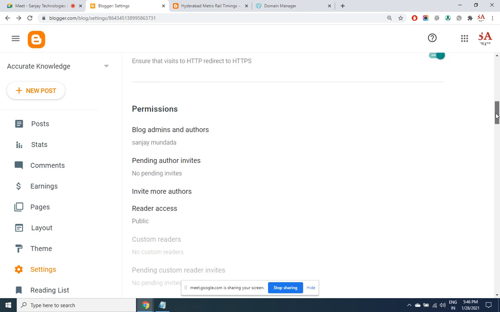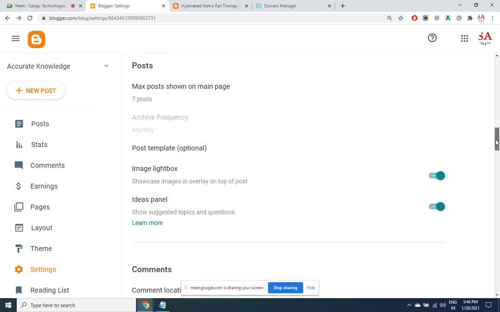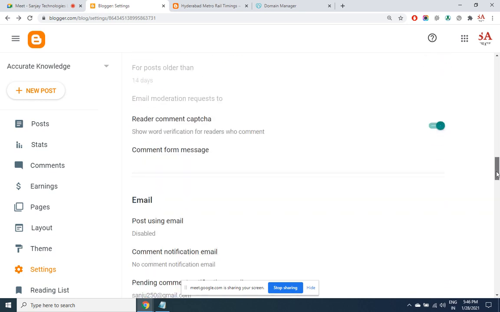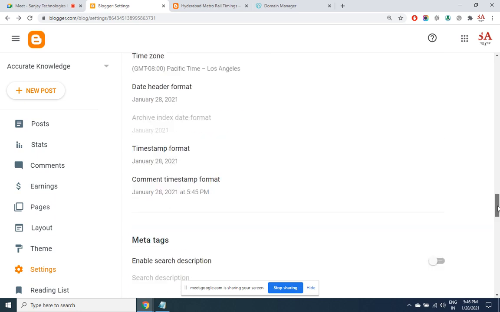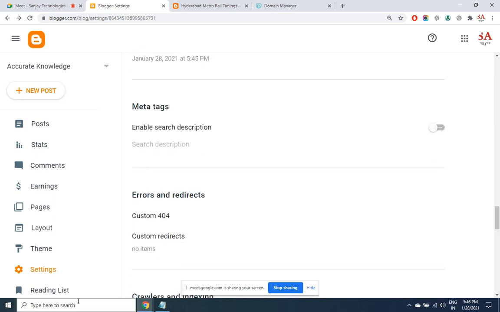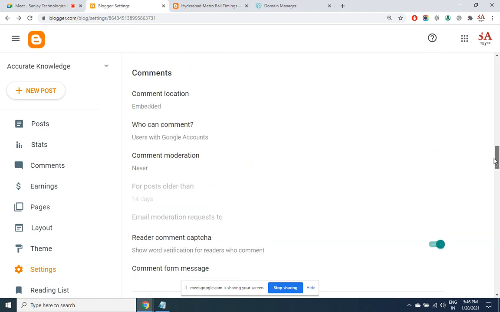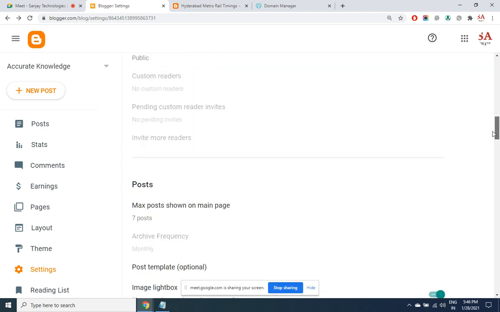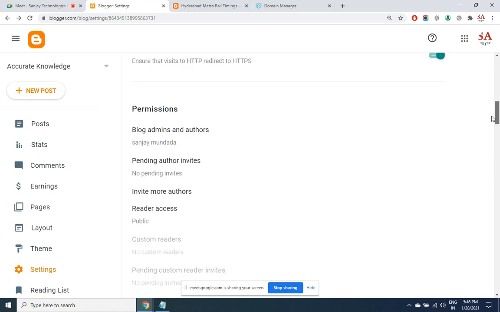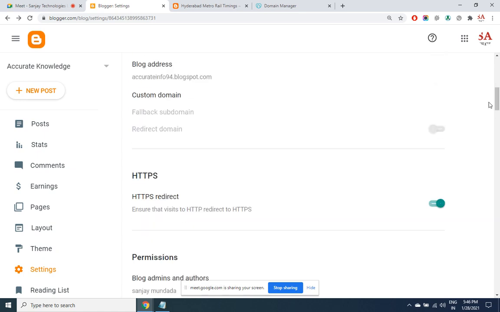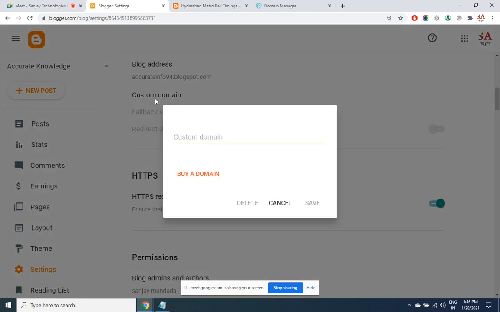He has changed the interface. Let me see where it is. Okay, here click on custom domain, and I give the address of the domain that I have in GoDaddy.